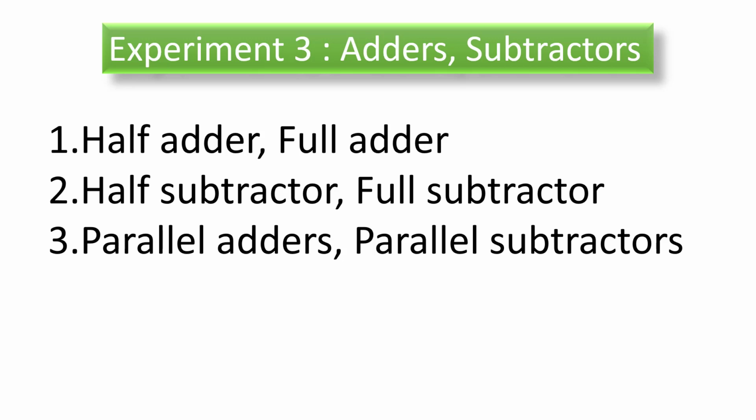In lab session 3 we are going to construct the adder and subtractor circuits, in which I am going to show you half adder, full adder, half subtractor, full subtractor, and parallel adders and subtractors. As you are already familiar with the software, I am just going to show you the execution of all the circuits directly without showing how to construct them, because you already know how to take the basic gates and how to connect the wires. So I'm just going to show you the final execution of my circuit for all three circuits: one for adders, one for subtractors, and one for parallel adders.